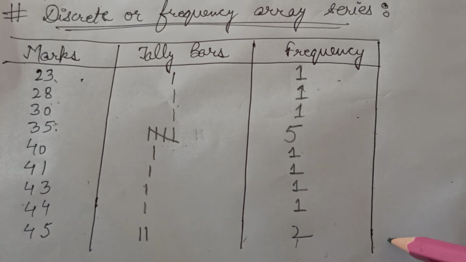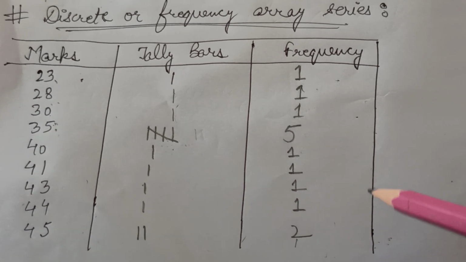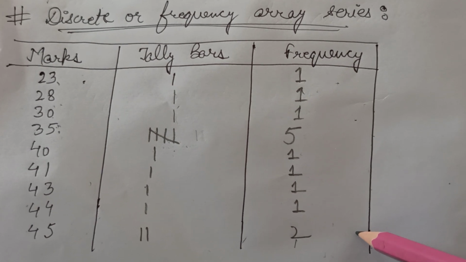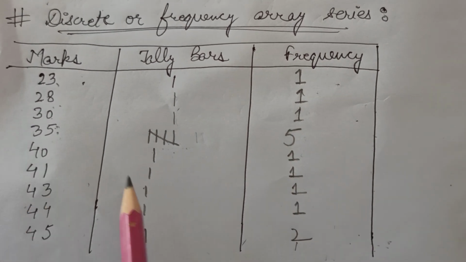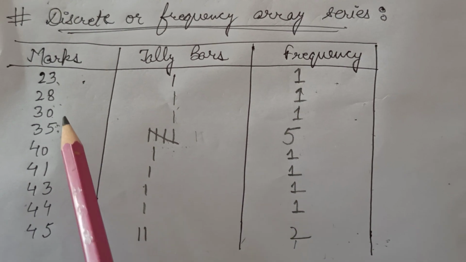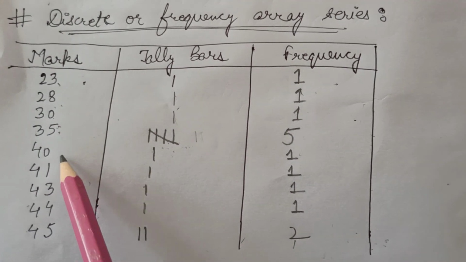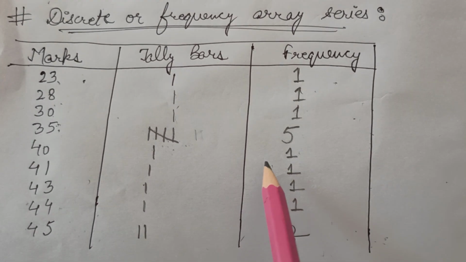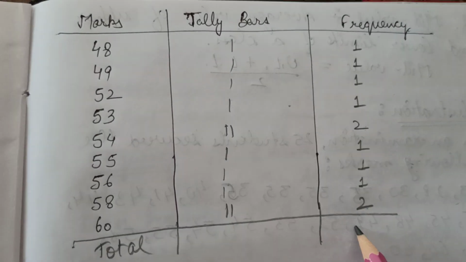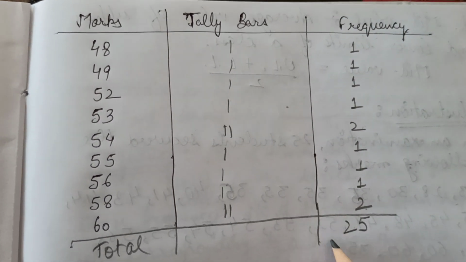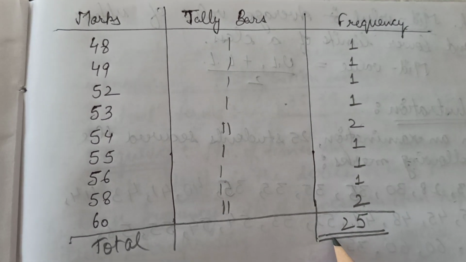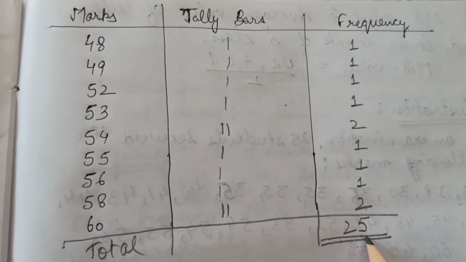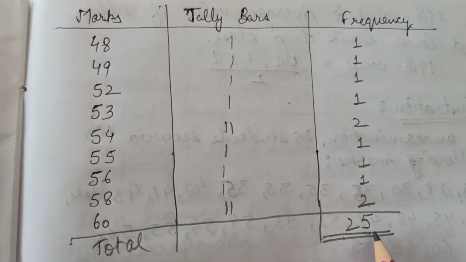So therefore you can also tally your series or the data which you have marked by doing the total of the frequencies given. This will also tell you how many students have scored 23 marks, how many students have scored 28 marks. Similarly you can look through all the marks and the frequencies accordingly. So what you will do now is mark the total of the frequencies over here, that is 25, which shows that the number of students whose data has been collected by us was 25. So this was all about the discrete or the frequency array